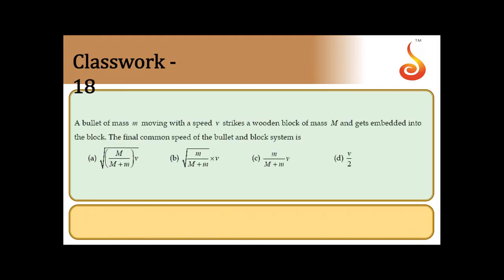Yes, we shall move on to next one. A bullet of mass m moving with a speed v strikes a wooden block of mass M and gets embedded into the block. Final common speed of the bullet and block system is. So you need to find final common speed of the bullet and block. So from conservation of momentum,